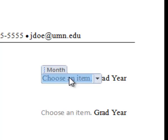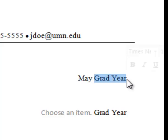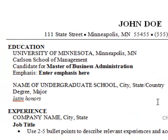Select a month from the drop-down menu and complete the form to provide your graduation month and year. For MBA students, you may wish to include an emphasis if you already know what your focus is going to be during your time in the program. For example, you may select a concentration such as marketing, finance, consulting, or supply chain and operations and include this